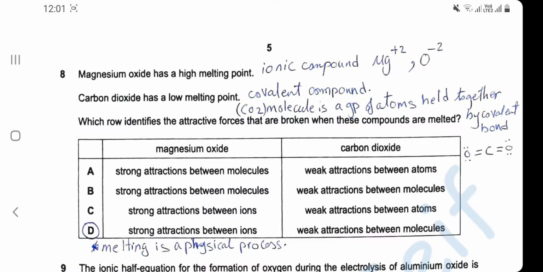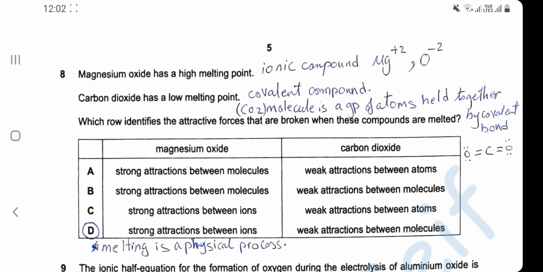intermolecular forces in the case of carbon dioxide, and we are breaking the electrostatic force of attraction between the ions in the case of the ionic compound magnesium oxide. We have to know that magnesium oxide is an ionic compound because we have positive and negative ions. In the ionic lattice, we are breaking the electrostatic force of attraction, which is a strong force. So this is what gives this compound a high melting point, because this strong force of attraction needs much energy, or higher